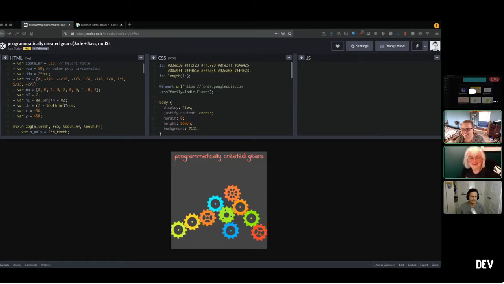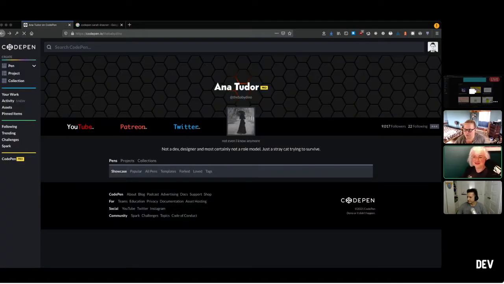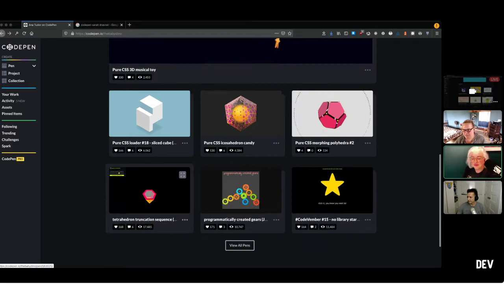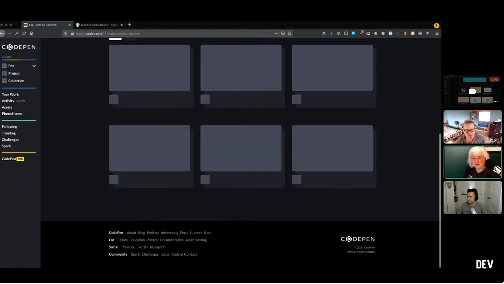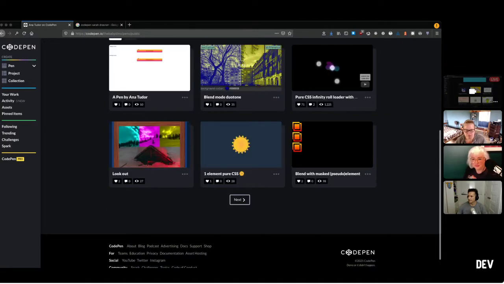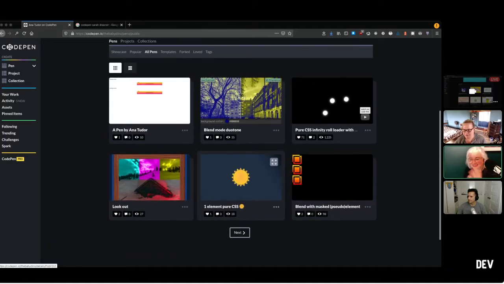Yeah. Anna has a lot of articles on CSS-Tricks now too, doesn't she? Yeah, and it gives you insight into how this is done. When I first look at these things, I can never figure it out, but to get that insight when she writes about it is really incredible. The things she's done, I mean, you could do a whole show just on her work.